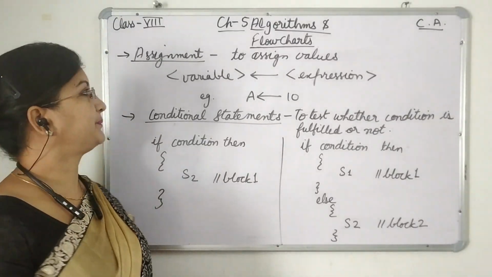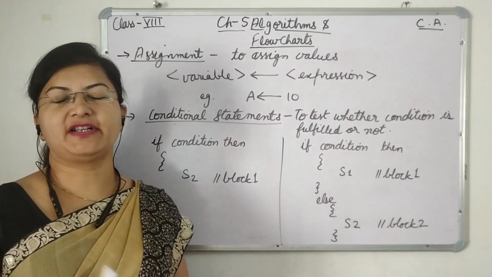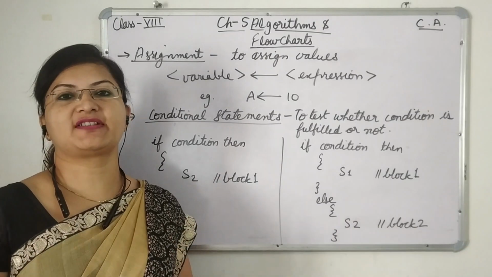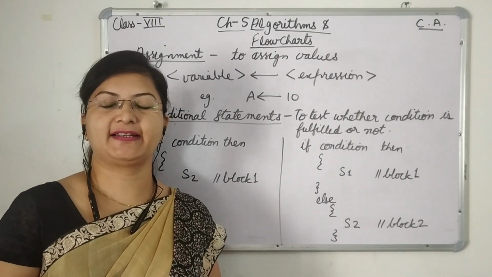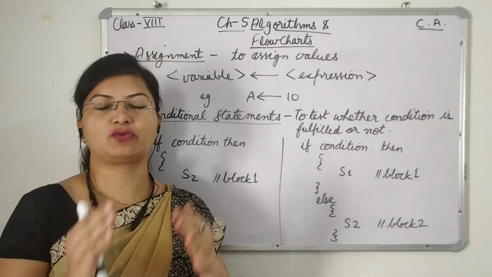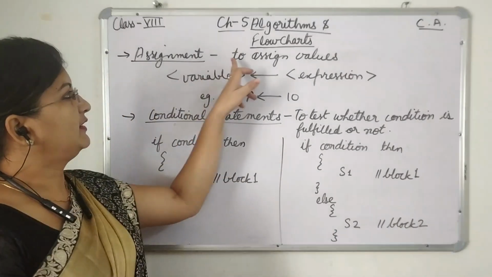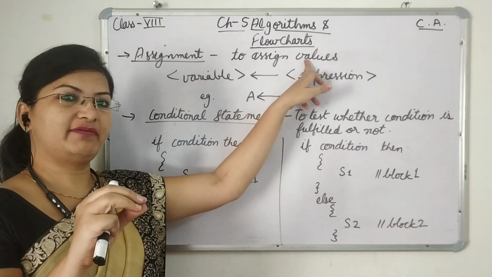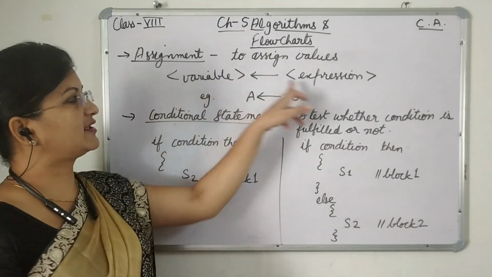Now students, the second step is assignment. After declaring the variables, we have to assign the value. Like if we have taken three variables x, y and z, then we have to assign some value to them, like x equals to 2 and y equals to 7 and z equals to 30. So this way, if we have to put a value in the variable, or assign the value to the variable, then this is the expression.